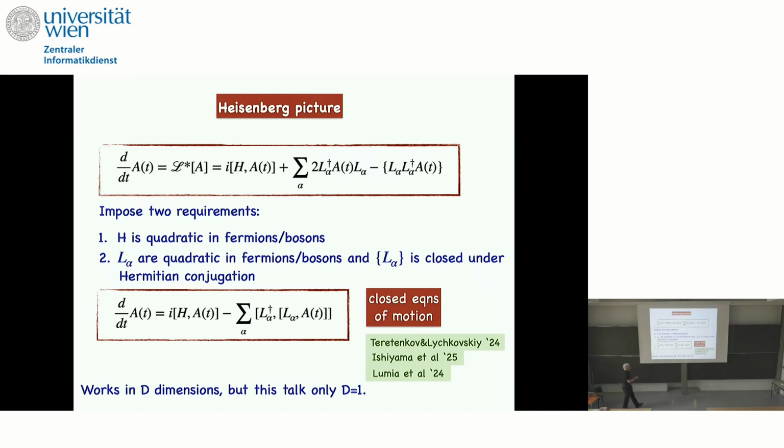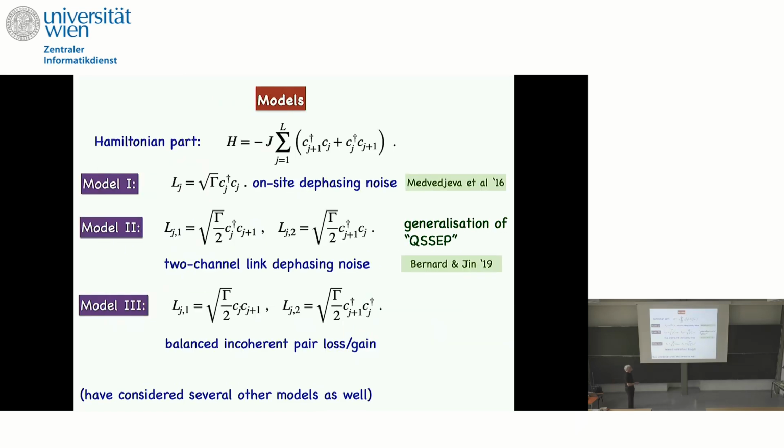Okay, but so the aspects I'm going to talk about, the exact operator dynamics was not covered. Everything I've told you here actually works in d dimensions, but I will talk about d equals 1, and I can tell you later what becomes slightly more difficult if you go to higher dimensions. Now, let's be more specific. We looked at a very large class of sets of jump operators, so I just show you 3 of all the ones we have done.